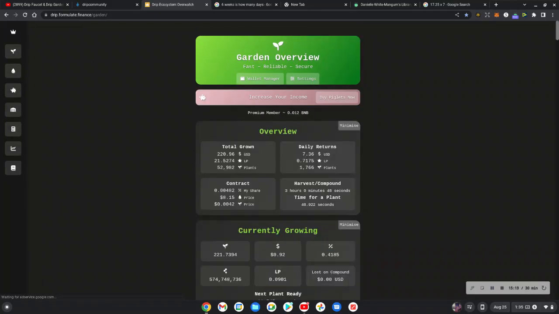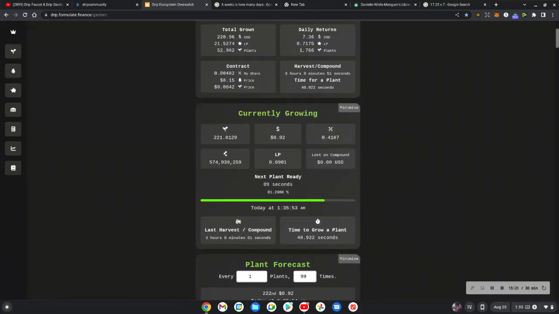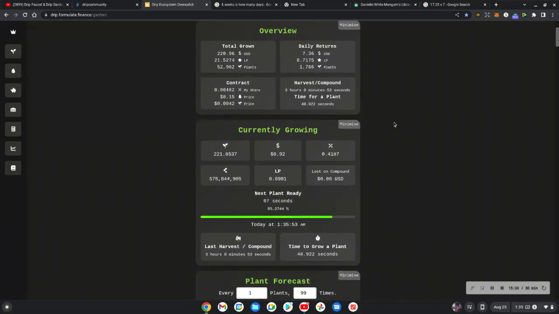But let me see how many plants I got anyway. Oh, 221. I compounded at 1,000 something, and I compounded at 400 something, and I compounded again, so now I'm down at 48 seconds. We getting them seconds down. We rolling. By the time I wake up in the morning, I have another 1,000, probably around 10 o'clock or something. Then I compound.